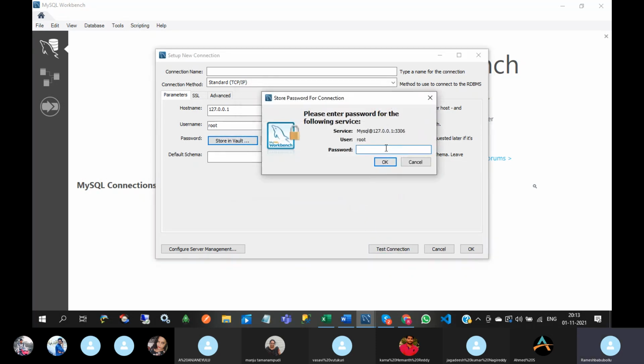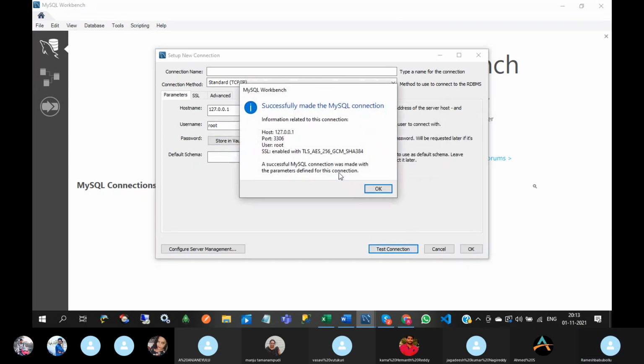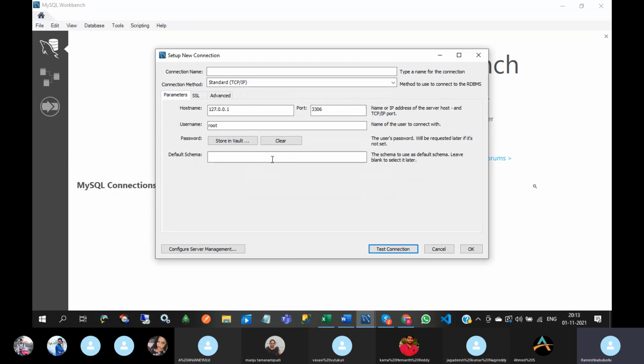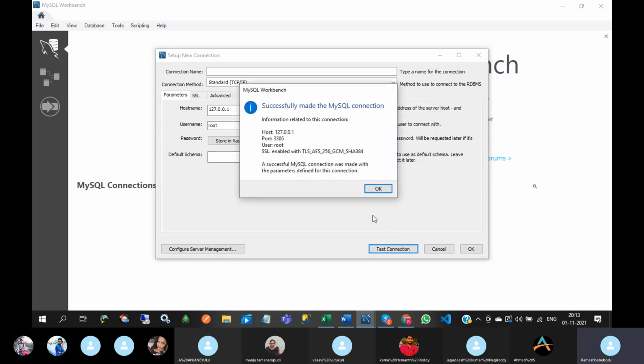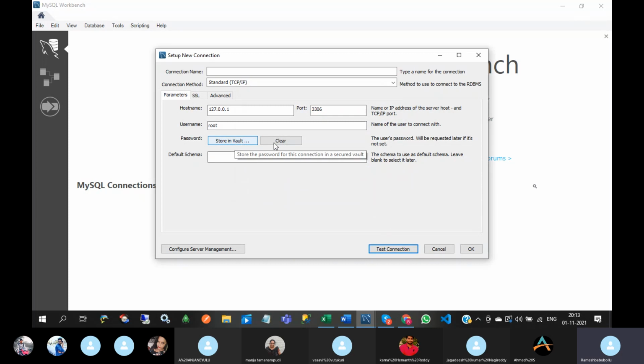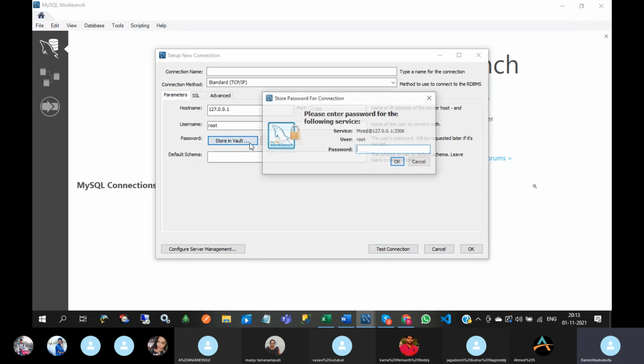Suppose you enter the wrong password, see this, what will happen? It is automatically taking that password, I think.